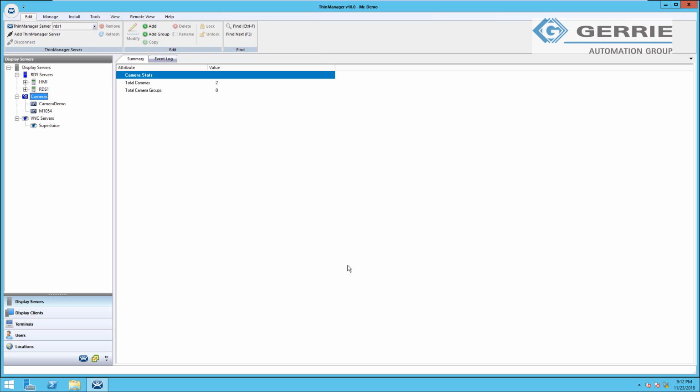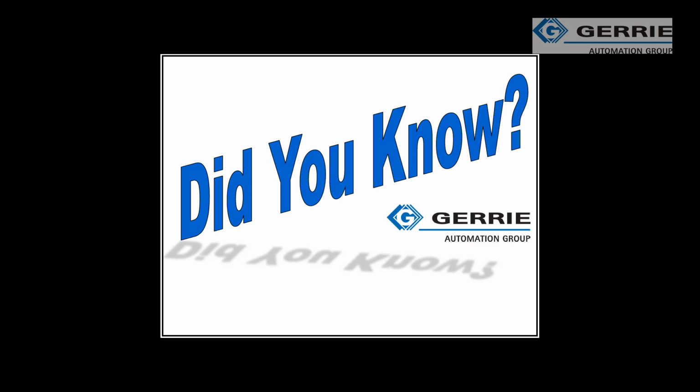So that's it. Two screens, two small pieces of information, and you've now connected a camera into ThinManager. It can now be set up in a display client as full screen, tiled as part of a virtual screen, or as an overlay on top of an